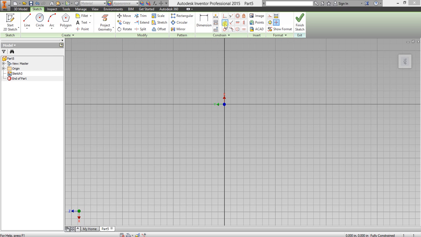make two lines parallel to each other, the perpendicular constraint that would make two lines perpendicular to each other, the horizontal constraint that will make any line horizontal to the x-axis or parallel to the x-axis, the vertical constraint that will make it parallel to the y-axis. The tangent constraint will make two curves tangent to each other, and the equal constraint will make two lines equal to each other. I will show you use of each constraint one by one and how to use them in a figure.